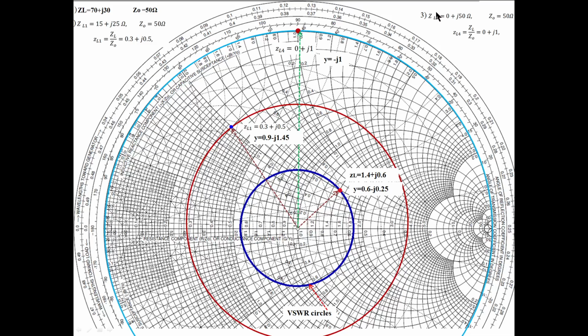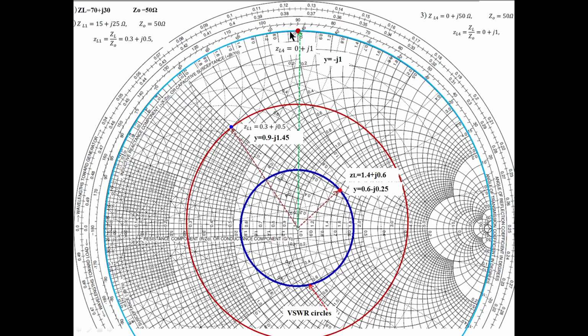This is the load given. Based on the load, wherever the load is, you have to mark the load and draw the circle. So the circle comes here, you see, this is a circle. This is the VSWR circle for this load. So based on the load, the VSWR circle may be anywhere. For reactive loads, usually the resistance value is 0. Where is that VSWR circle?